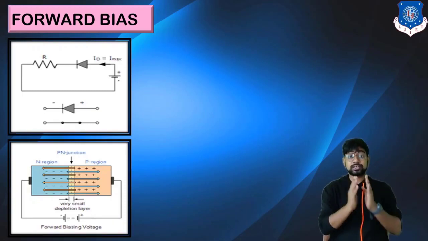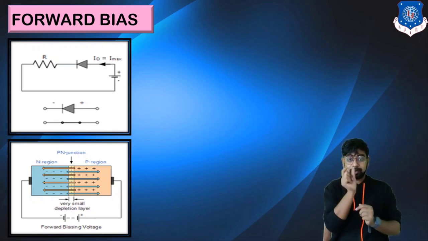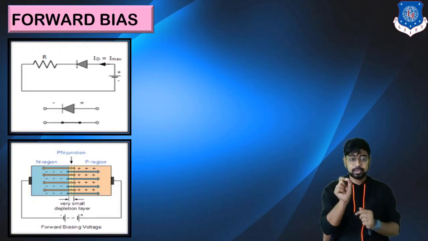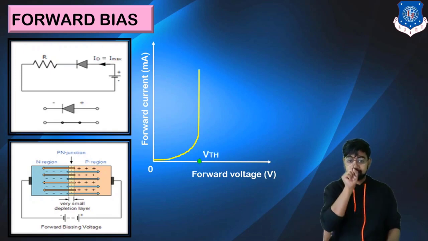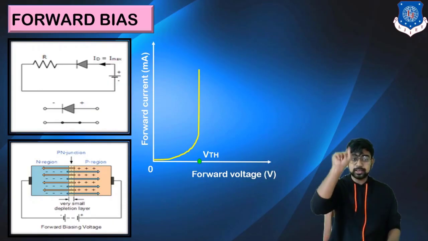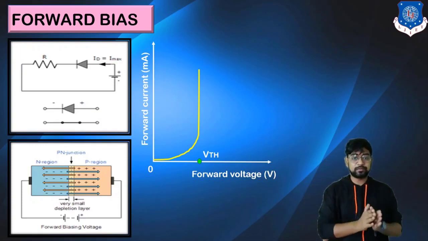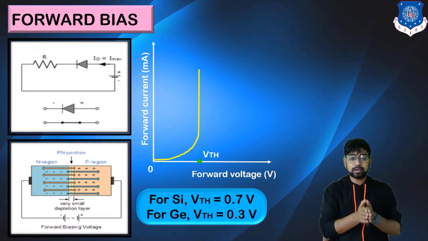As you are increasing the voltage of the battery, what will be happening? Slowly and gradually the carriers start flowing. At a particular voltage, that is the threshold voltage, after that the full amount of carriers will be flowing. This can be seen in the IV characteristics. That VTH that we have discussed prior is the threshold voltage, after which the depletion width becomes almost negligible. After that, the current flows throughout the diode perfectly. So this was your forward bias. For Si and Ge, that is silicon and germanium, VTH differs. For silicon it is 0.7 V, for germanium it is 0.3 V.